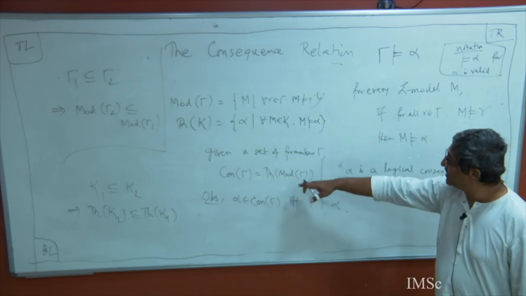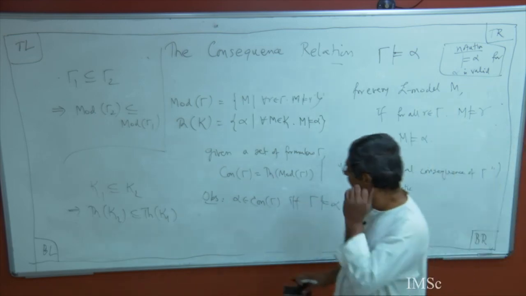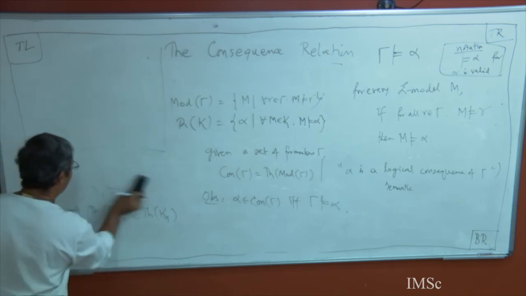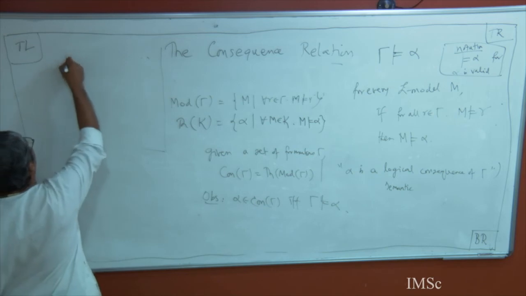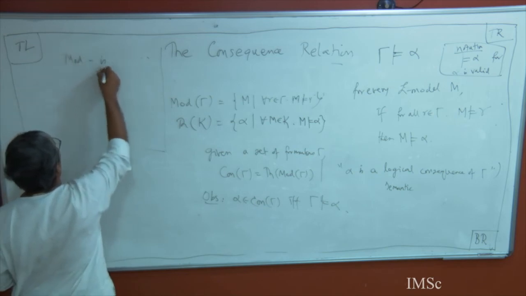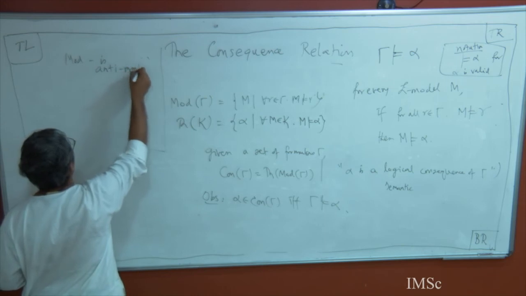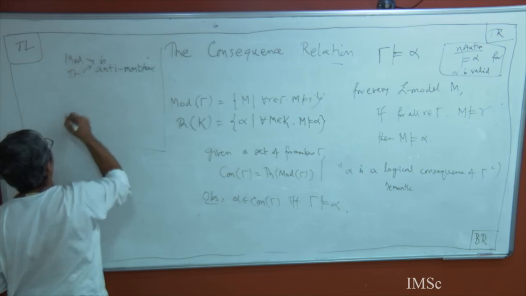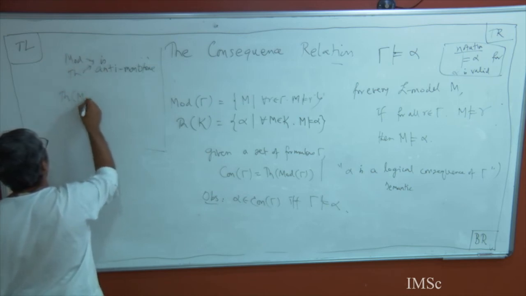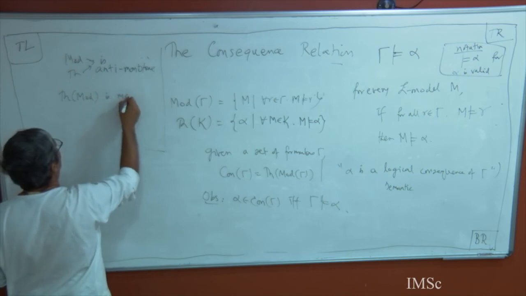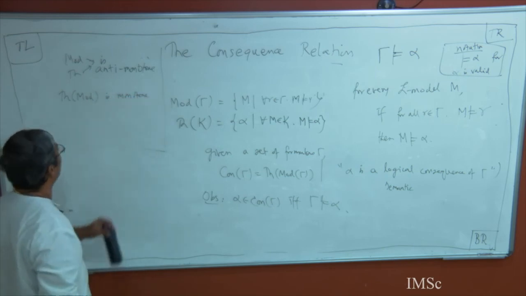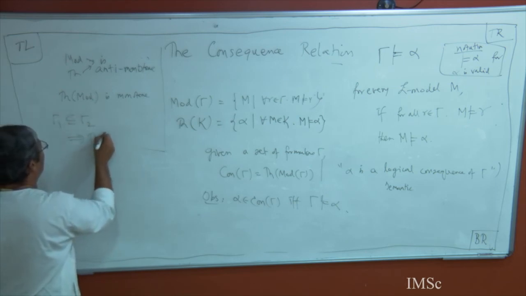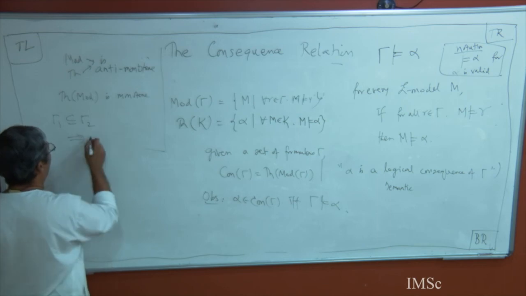And notice that this composition relation is very nice. So what I have written here, the Mod map is anti-monotone with respect to inclusion. So also the Th map. The composition is monotone, which is what we were talking about earlier. That means if gamma 1 is contained in gamma 2, then Th, that is Con(gamma 1),